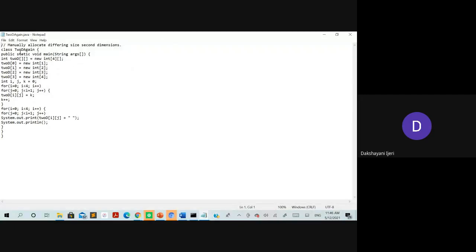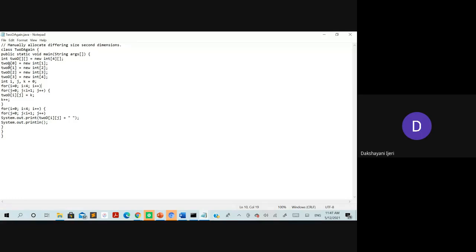So in this example, can you tell me what is the difference over here while declaring the 2D array? You can see here the number of rows has been mentioned, whereas the number of columns has not been mentioned here, right? So this is one more method that you can use to declare the array.